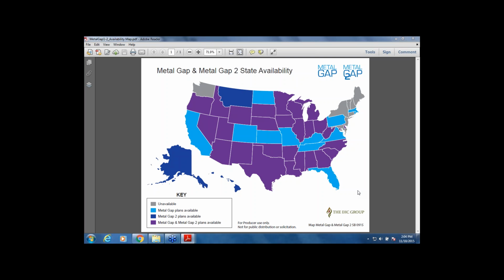And I agree with that. I mean, I've had those same conversations with some consumers as well. But when presented as a bundle, we allow the consumer to look at what's important to them, and presenting it as a bundle allows the consumer to be able to determine what coverages they want and what's affordable to them. When it comes to Metal Gap, it's a